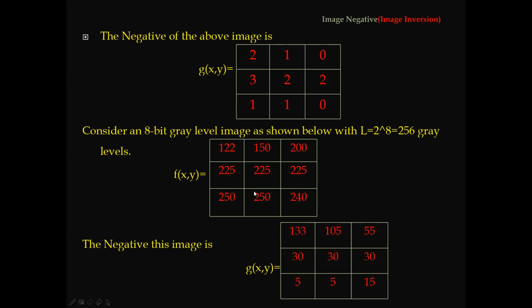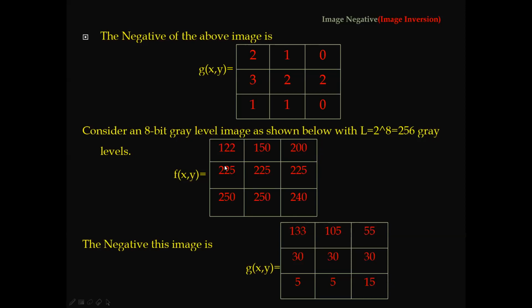Similarly, you can calculate the negative of another image. It is an 8-bit image, and for this 8-bit image, you first need to identify the value of L. If L equals 2 power 2, that is 4, above 4. L equals 2 power 5, above 5 only. 2 power 8 is 256. If it is 256, all values lie inside it, since 250 is present between 0 and 256. So the K value we need to consider is 8. So totally L equals 256.